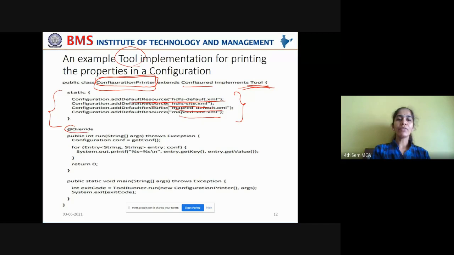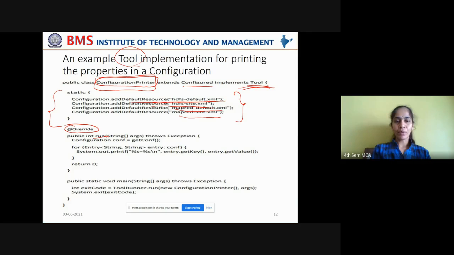Now you are giving an annotation called Override which tells us that this function we are going to use now is actually an overriding function which is overriding the function declared in your Tool interface. Okay.